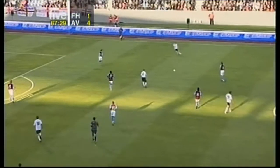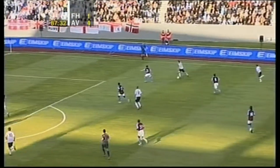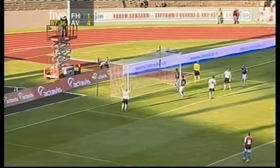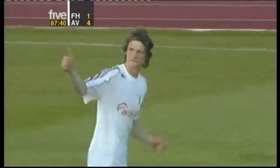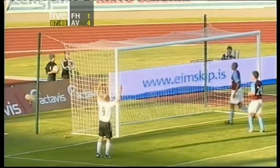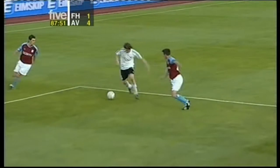So I know Pat Nevin in the studio does have a theory that you should be allowed a joker to play a couple of times a season, as the ball is driven in by Goodmanson, but well wide. You play a couple of jokers throughout the season when you're in a game that's drifting away, a game like this, when Villa know they've got it won, when FH know they're going to lose, it's 4-1, you play your joker and end the game early. It's not a bad